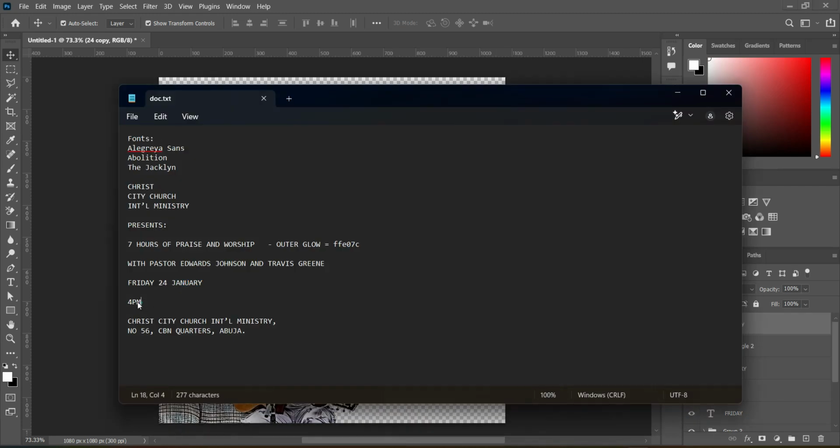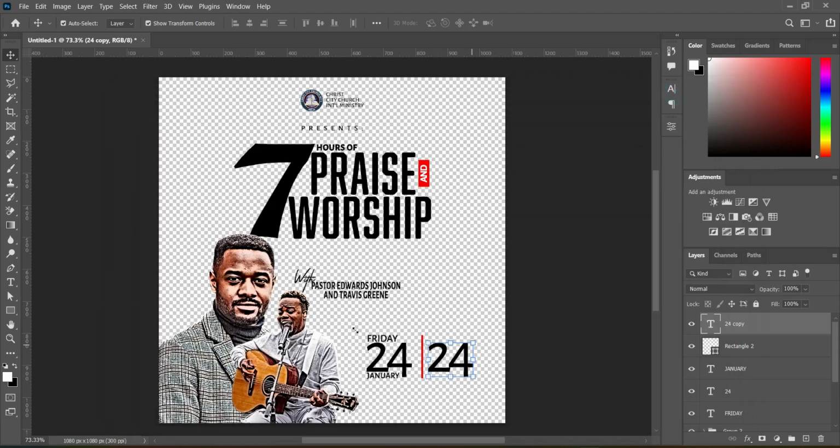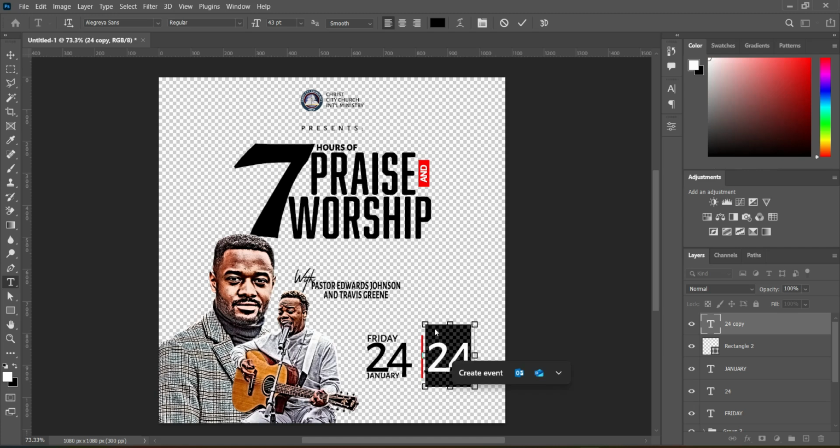Now come to your text. Then copy this one. That is for the time. Select your text tool. Highlight it. Ctrl plus A to highlight, then Ctrl plus V to paste. Now highlight this one and reduce the font size. Okay,